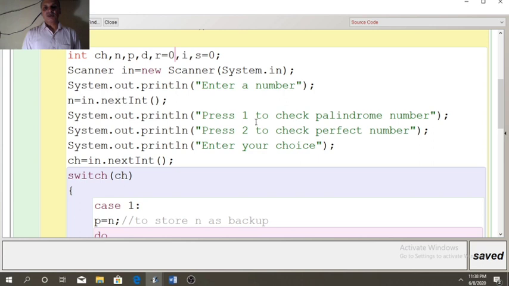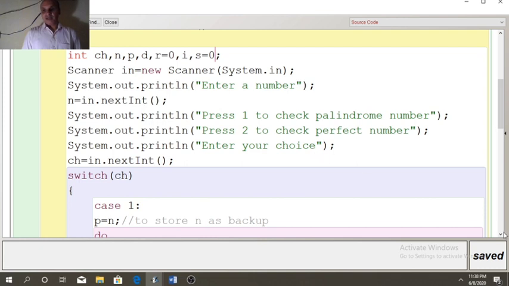Now in case 2, we want to find perfect number. Perfect number is similar to how we have got the prime number. We need to find the factors of the number other than the number itself. So loop variable is required, that is i. Here we need to add all the factors. So s will store the sum of the factors. So whenever we add anything in a variable, initialize with 0. So I think variables should be clear to you.